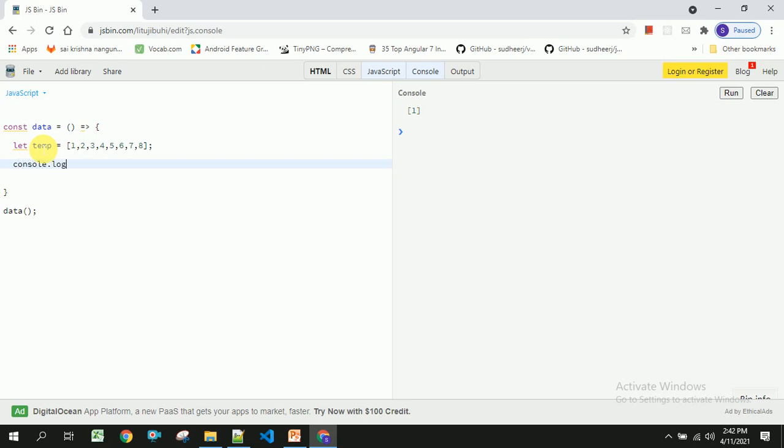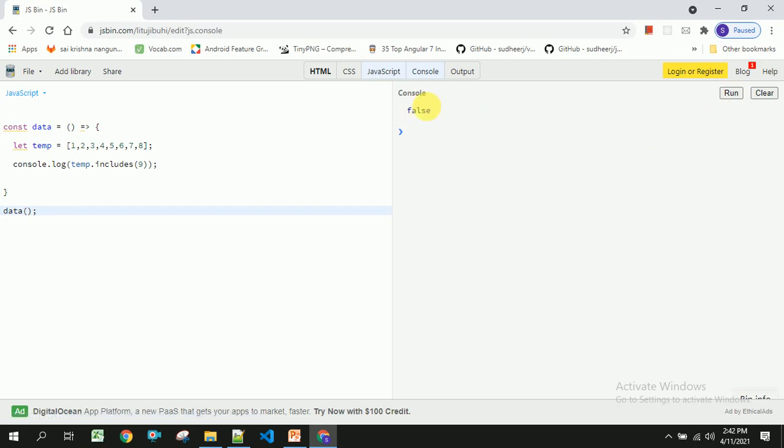Now I am going to log whether this array includes some value or not. I am going to take 9, so it should return false.